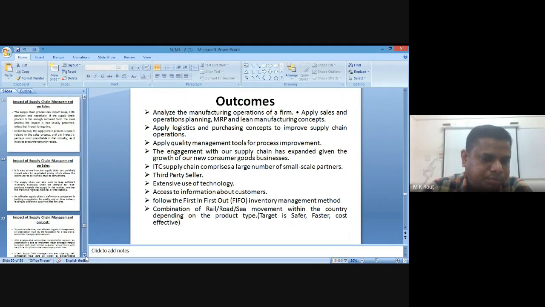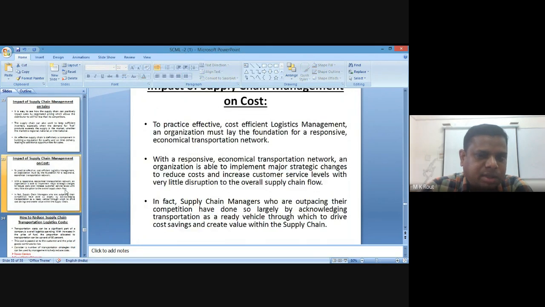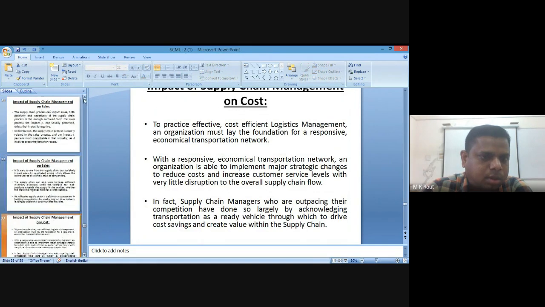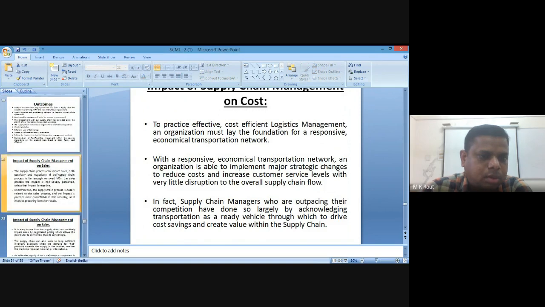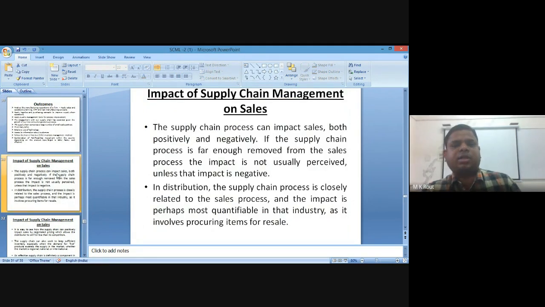Moving to the next one. The next topic is impact of supply chain management on sales. How does supply chain management impact sales? In that case, as I told, the most important entities of supply chain, whether product, facilities, carrier, or route, if you go for any kind of modifications or explore the market, you can directly customize the different entities of supply chain management.